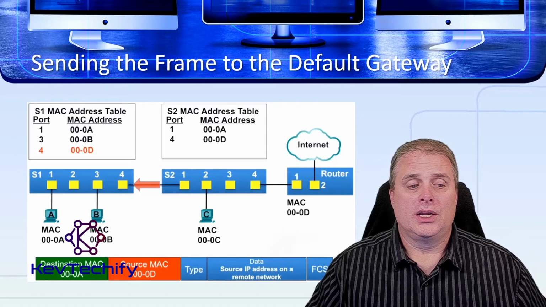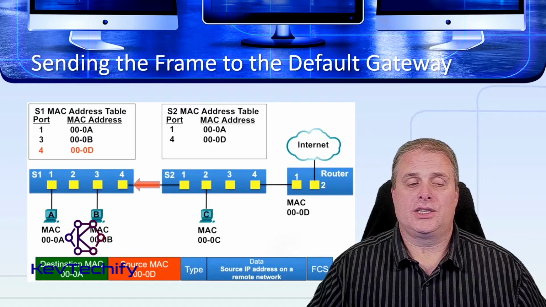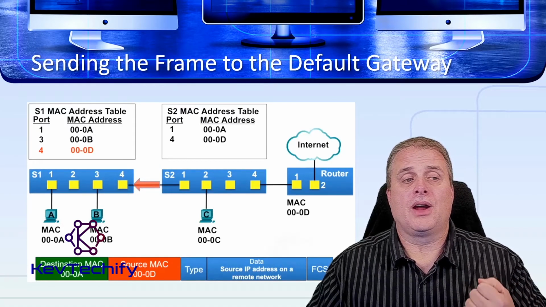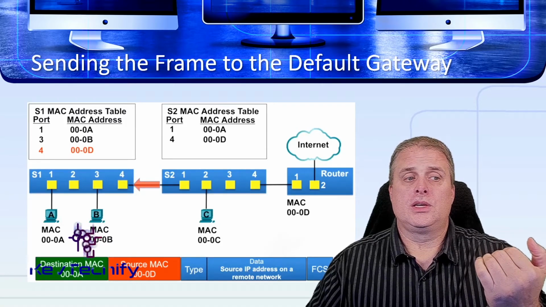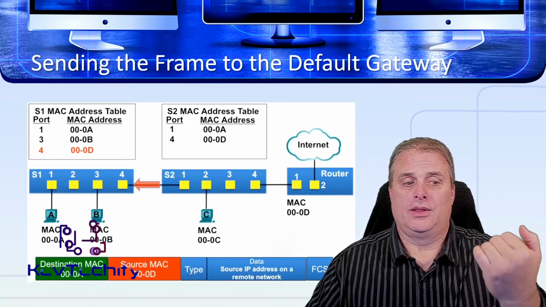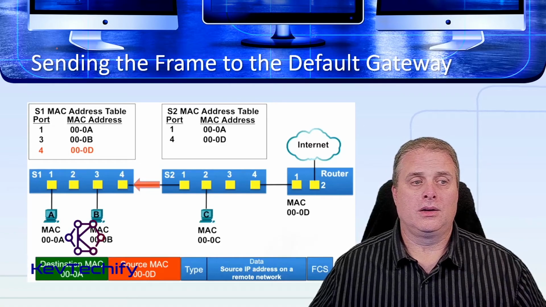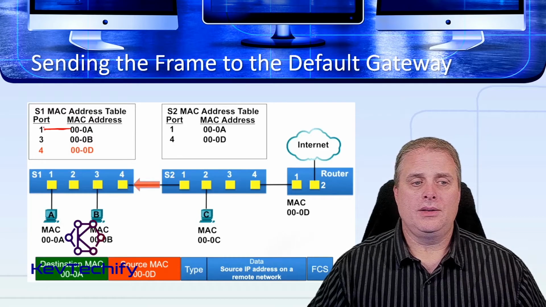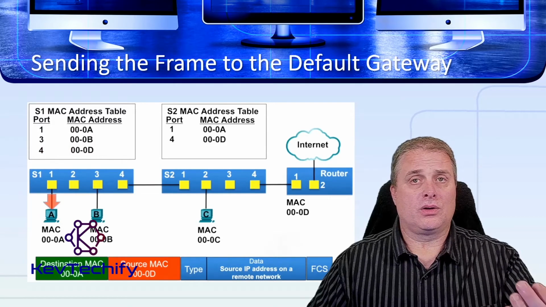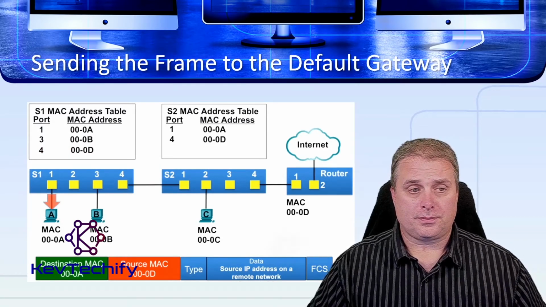Next thing we do is look at the destination MAC address. Destination MAC address is 00A. We look at S1's MAC address table. There is 00A right here, and that is to port 1. We go ahead, take that information, send it out, switch 1, port 1, goes down to